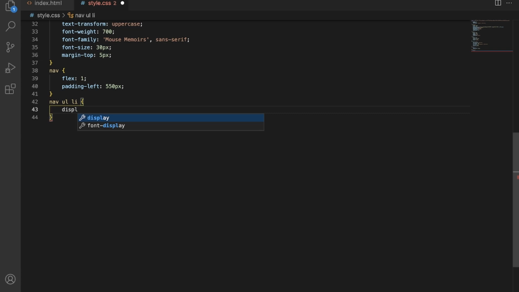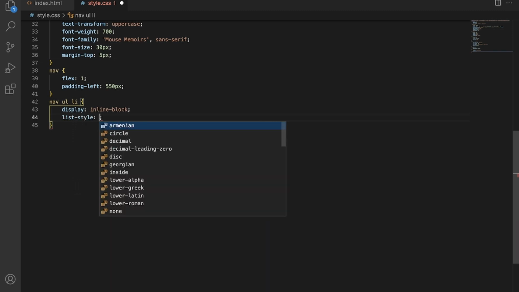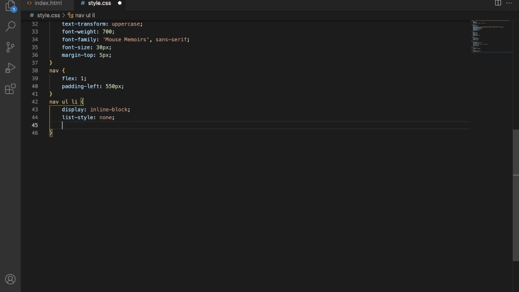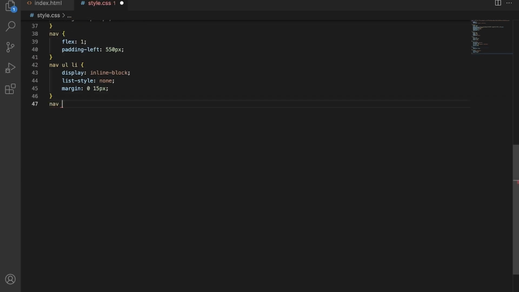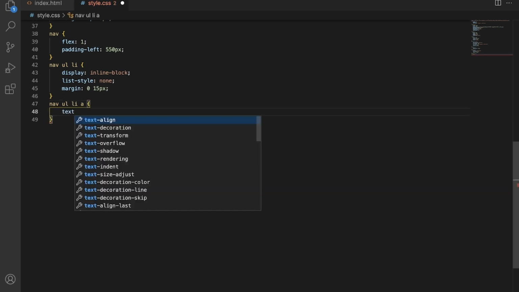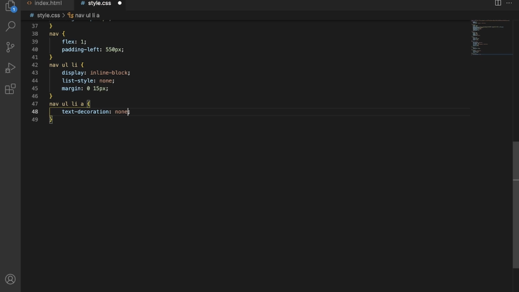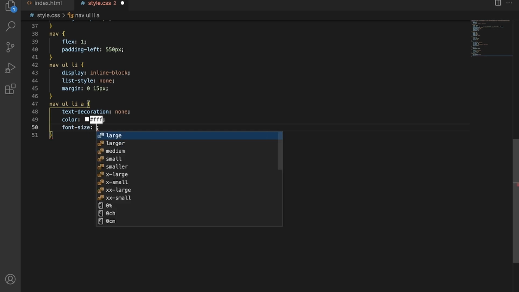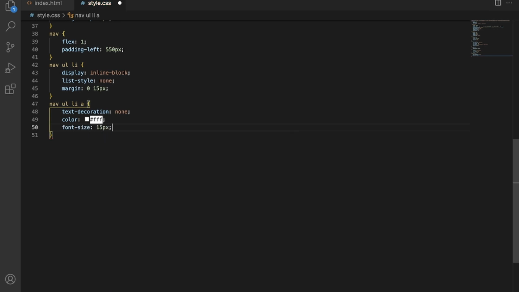I will change the display property to inline block and list style none, margin 0 and 15 pixel, navigation ul li a, text decoration none, color white, font size 15 pixel, font weight 600, text transform uppercase.